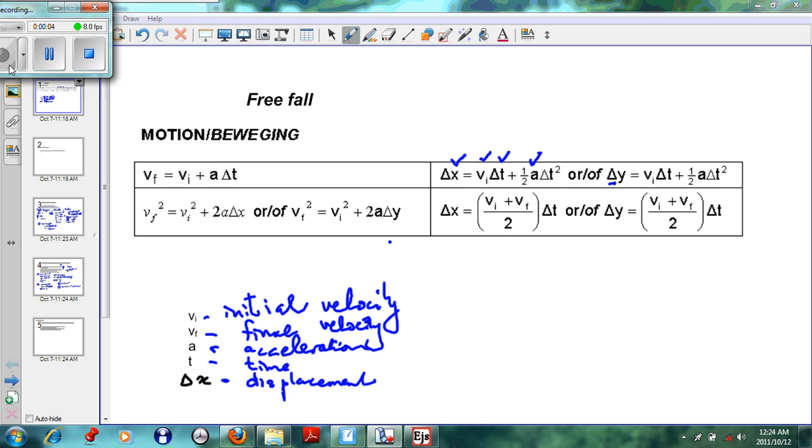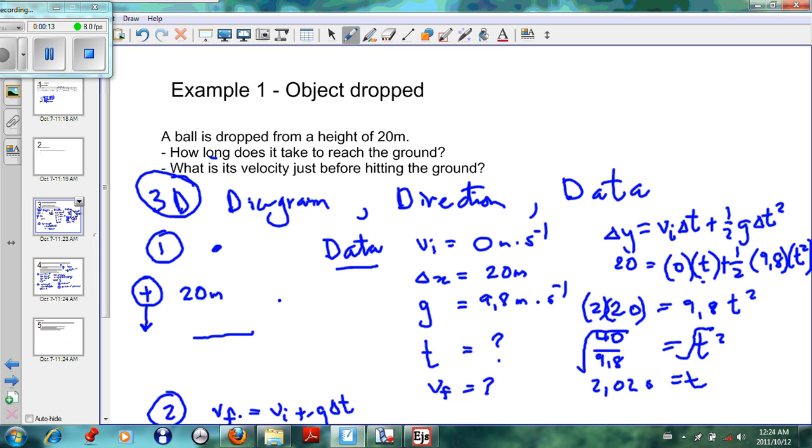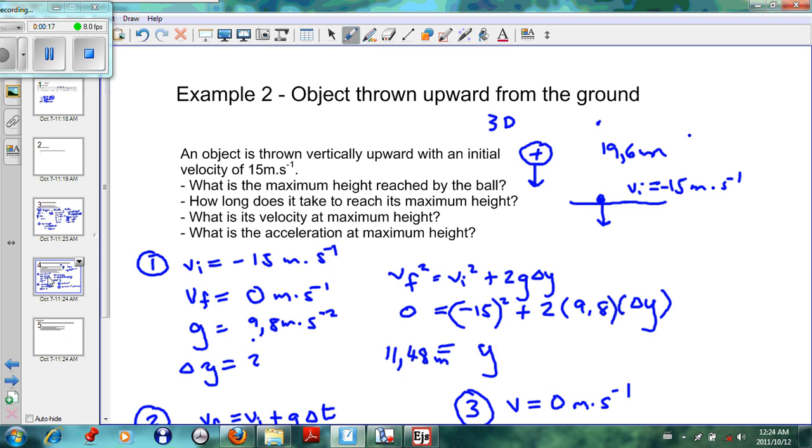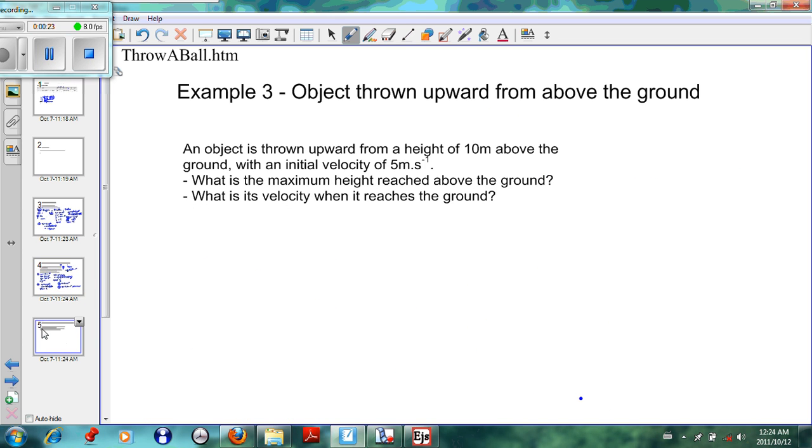Today we are looking at the third aspect relating to free fall. We had our equations and we did the basics related to the equations. We looked at a sum where an object is dropped from a specific height. We looked at a sum where the object is thrown from the ground upwards. And now we have this case where an object is thrown upwards from a height of 10 meters